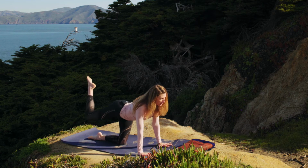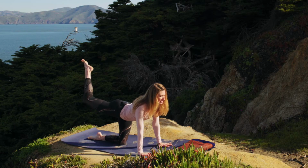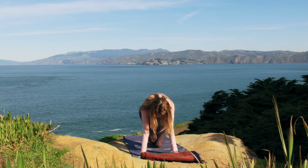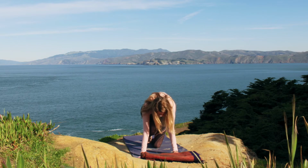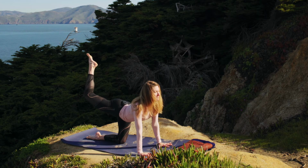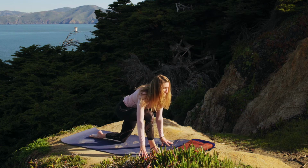Ball that right foot up to the sky, pressing it up. Draw the belly in. Scoop in, chin into the chest, knee into the nose. And again, up. Look forward and up. Exhale, in. Again, inhale. This time as you exhale, come up on the fingertips, step the right foot through between the hands,